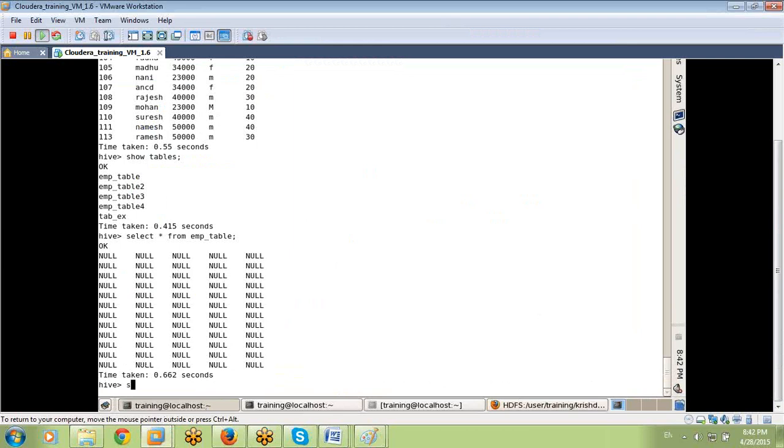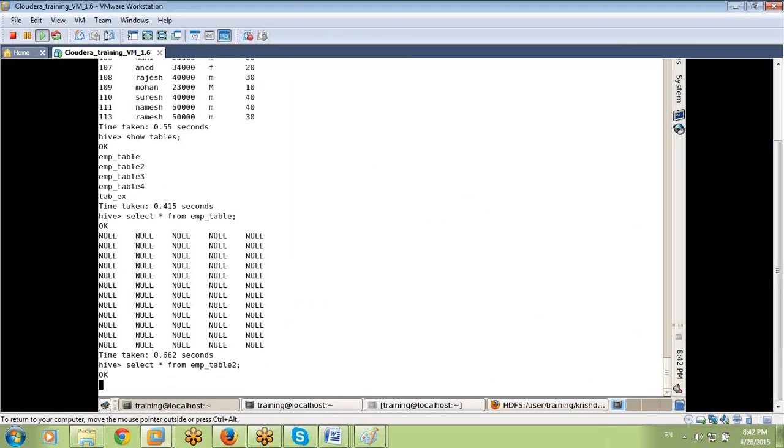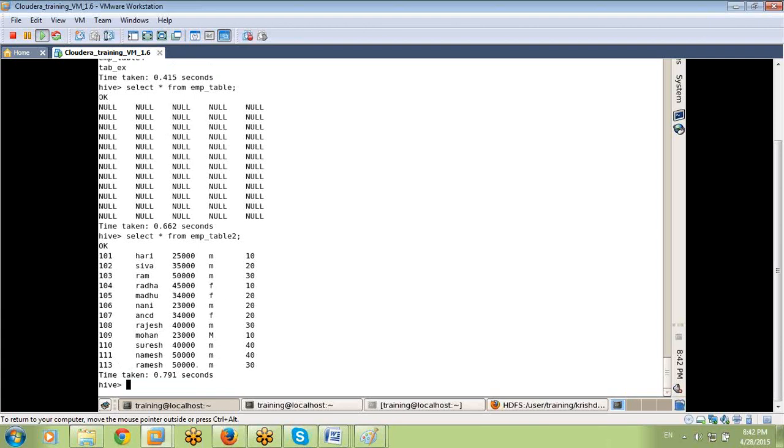I have a table. Select star from emp table, enter. 5 columns are there. I don't want 5 columns. I want 2 columns only or 3 columns only. Create a table.